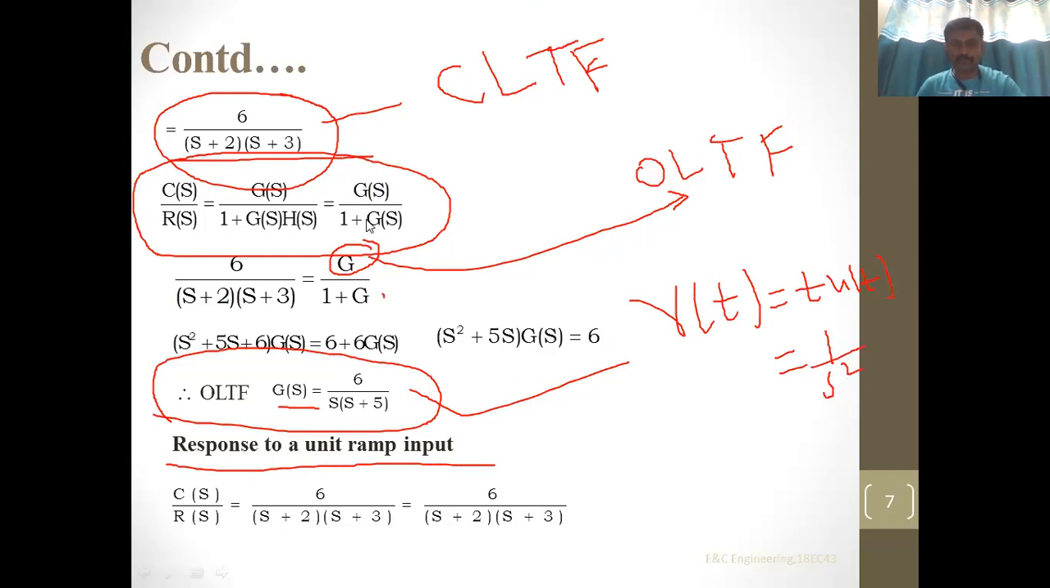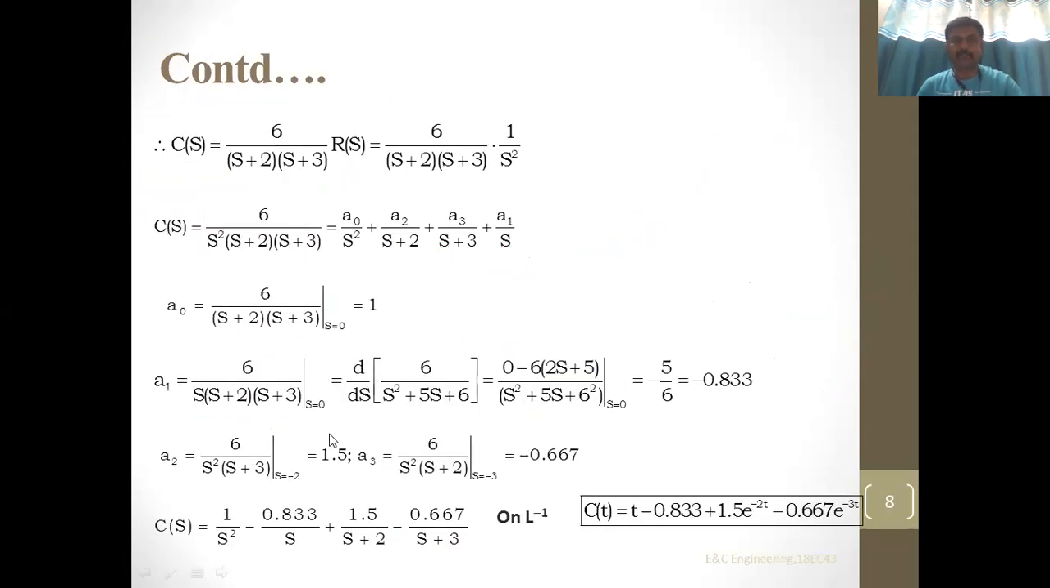Look, we have evaluated the closed loop transfer function, 6 divided by s into s plus 3. This is the overall transfer function. Next I shall multiply R of s to the RHS. It becomes C of s is equal to 6 divided by s into s plus 3 into R of s. Now this R of s is 1 by s square. Why? Because unit